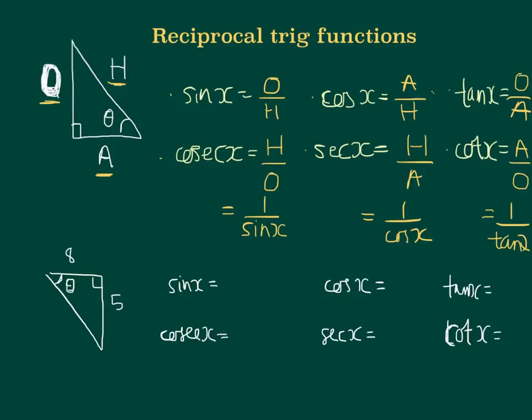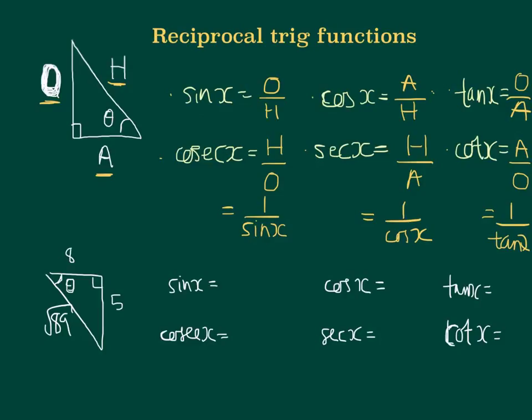So now I'll have a go with some numbers. On your sheet there's a missing theta here, so you will need to add that on. And what else are we going to need? Right, h we're using in most of these, so we are going to need to work out what h is, and we do this by using Pythagoras. So we've got 8 squared is 64, and 5 squared is 25, which gives us the square root of 89